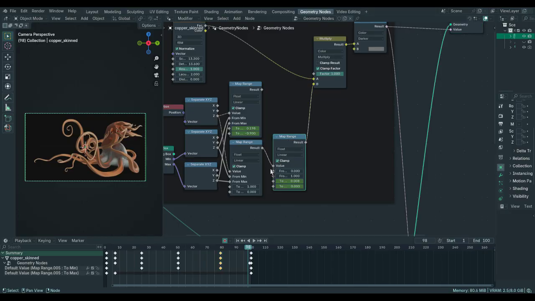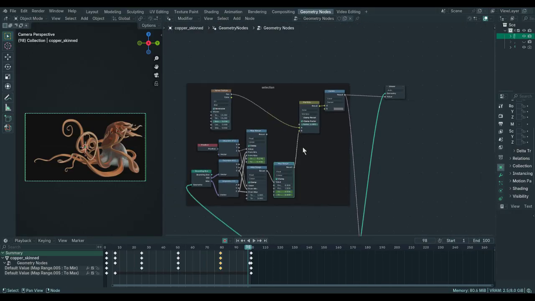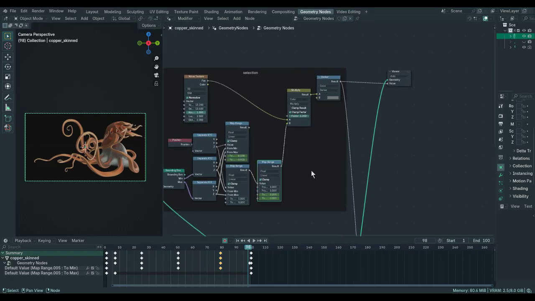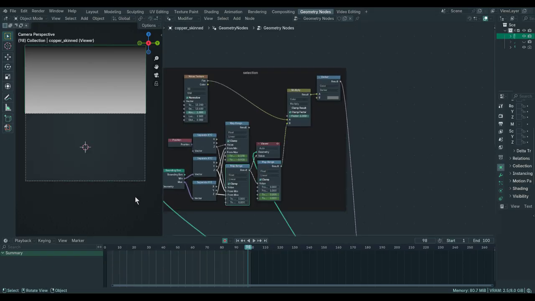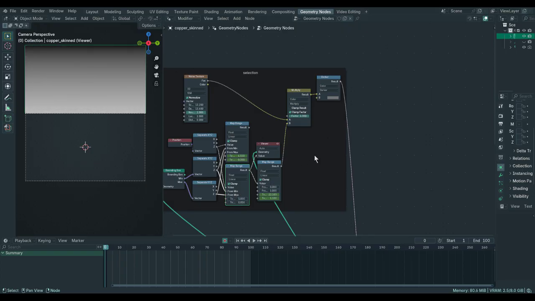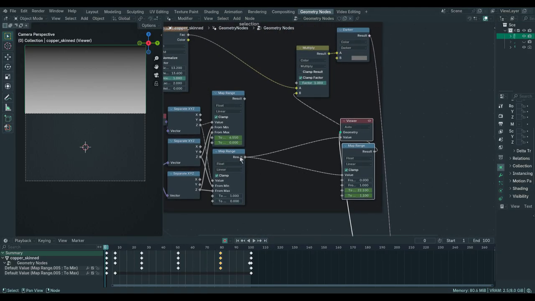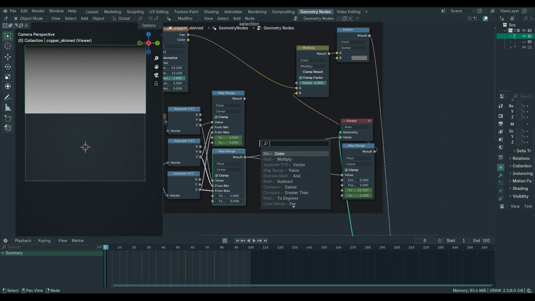All of this messing around with keyframes is not the way to do this. Instead of all this messing around with the to and from max, what I could do, theoretically,